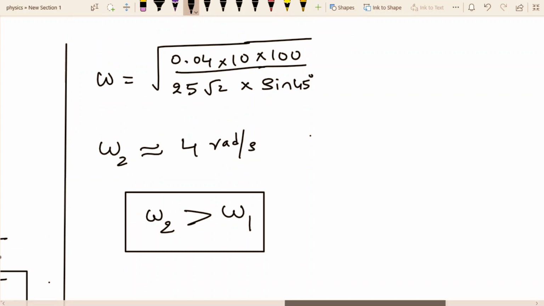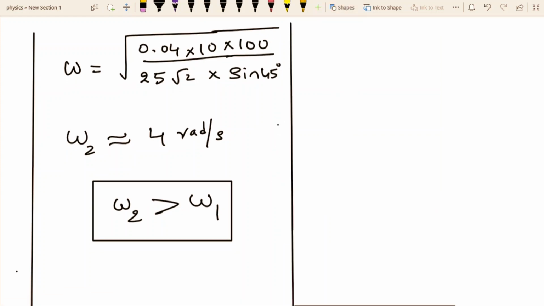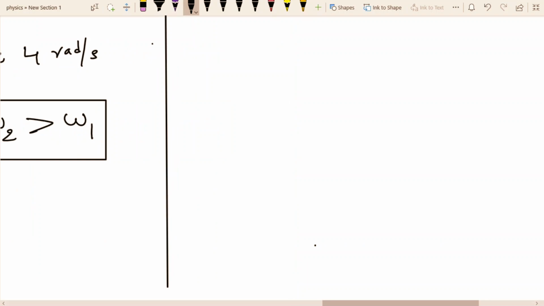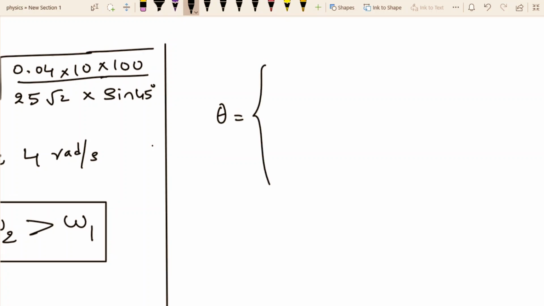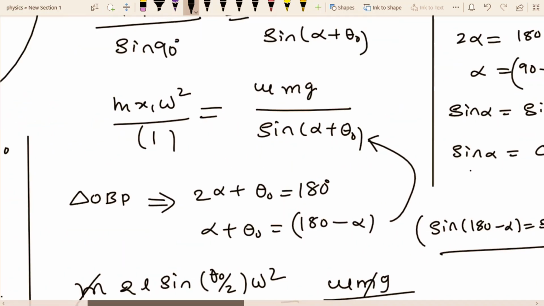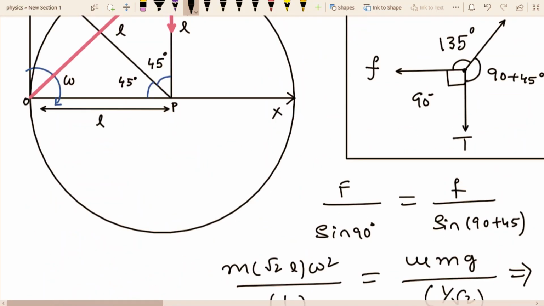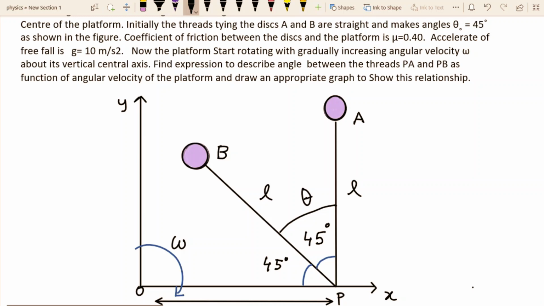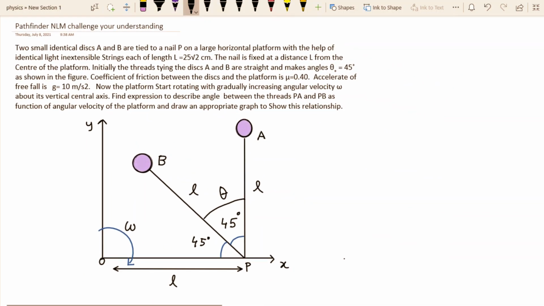So now you can clearly observe the scenario here. So now I will explain what will happen here. See this. If you take the angle theta, so what is theta? Theta is the angle between the strings. So I have already told you what this theta is. You can clearly notice that point also here in the diagram. So this is the theta. So theta is the angle between AP and BP.